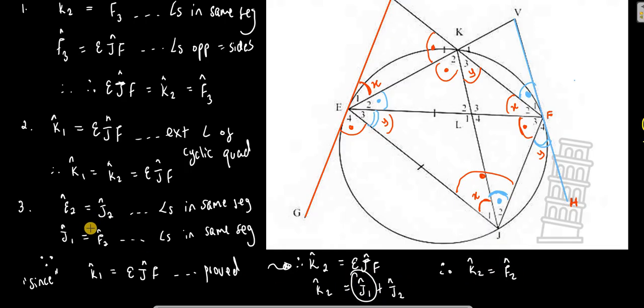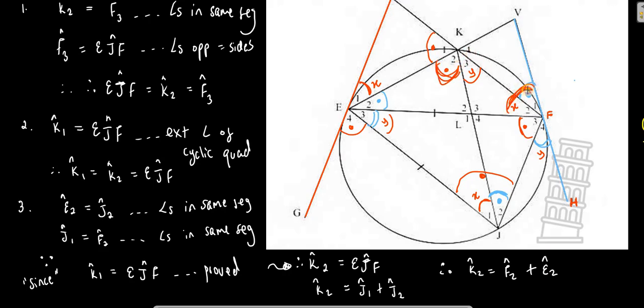Instead of writing J1, I write F2. Then plus what? Remember, J2 is equal to E2, so I write E2 there. You understand? If K2 is equal to F2 plus E2, that means K2, which is this angle here, that is the exterior angle, is equal to